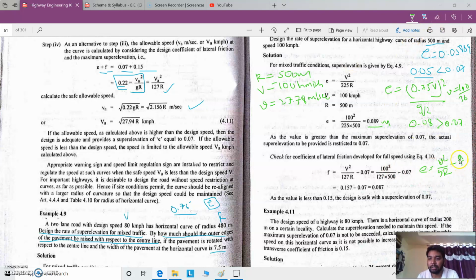So here it is f equal to v square by gr minus e, where e is 0.07, because we have to consider the maximum limit value, that is 27.78 square divided by 9.81 into 500 minus 0.07,